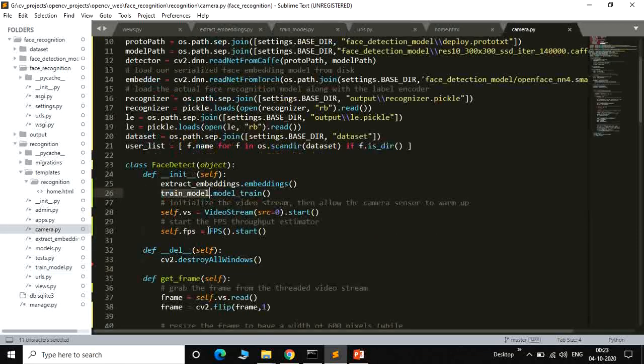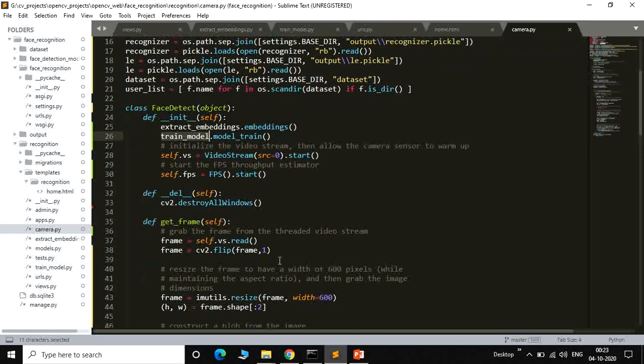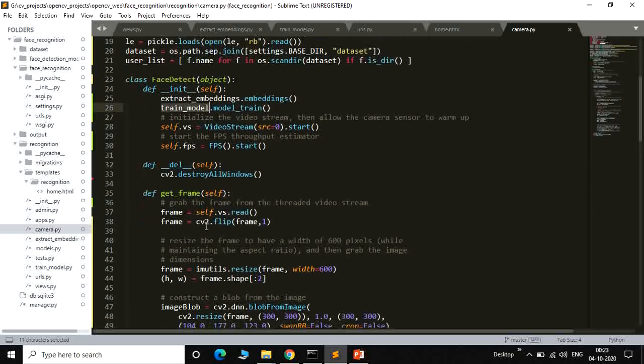After that we start video streaming. We call the video streaming start function, store it as a vs file, and after that we start the FPS also, which is frames per second. Then cv2 destroys all windows, so whenever we delete that particular video, we can destroy it.